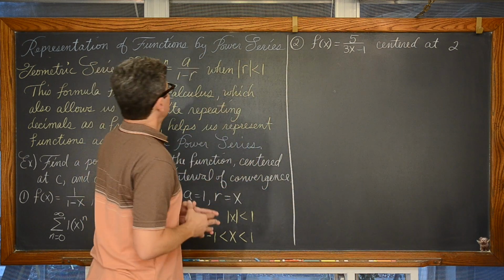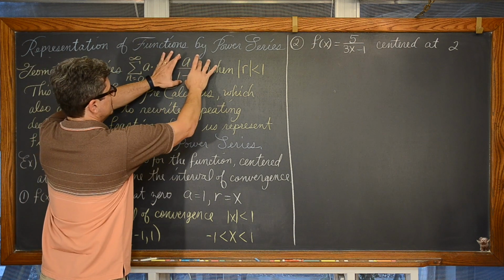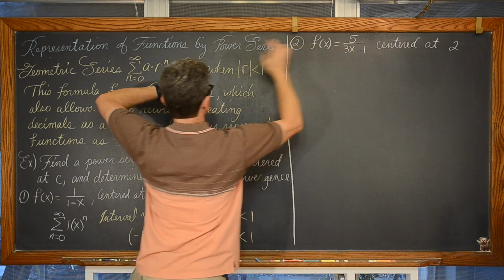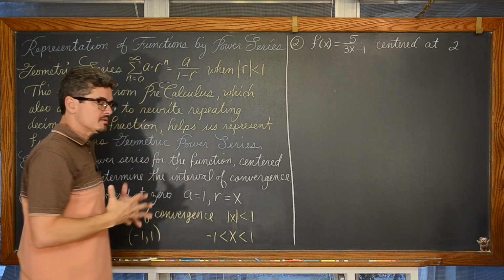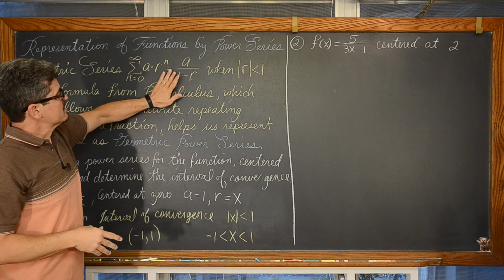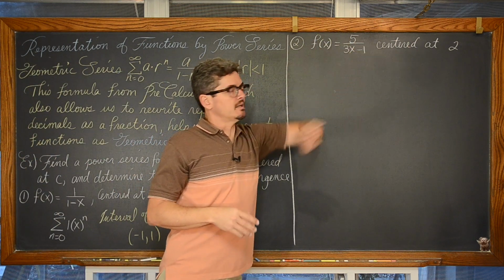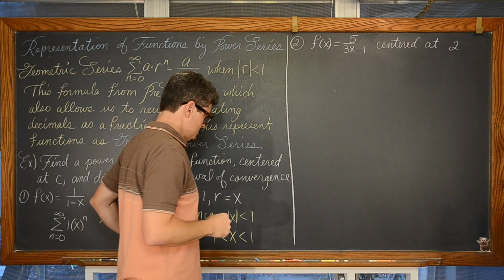What are we going to do? Well, how are we going to derive a geometric series that represents the given function? We're going to make that given function look like this, like that infinite sum of a geometric series formula we learned in pre-calculus. Make this pattern show up inside that function, and you can come over to that geometric series notation.